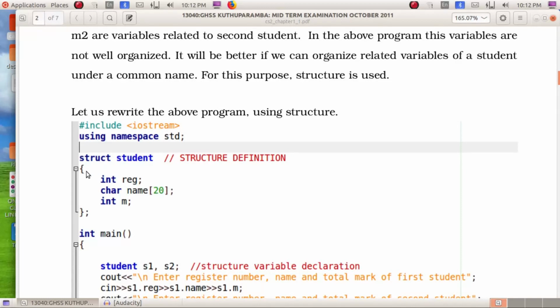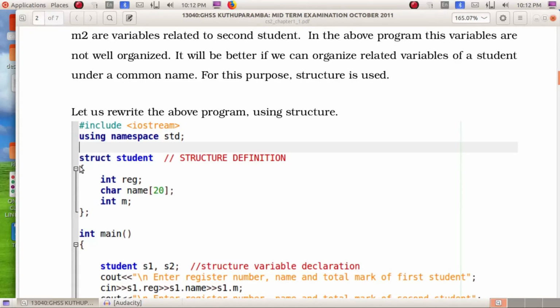Struct student, then opening brace, int reg, semicolon, char name[20], int m, semicolon, then we are closing the bracket and putting a semicolon here. So this part is called structure definition.